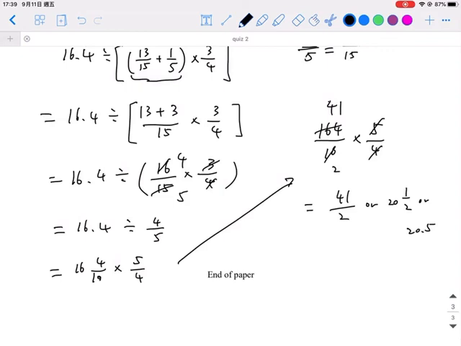So that's the end of the solution of the chapter 1 quiz 2. I hope that you can do the correction